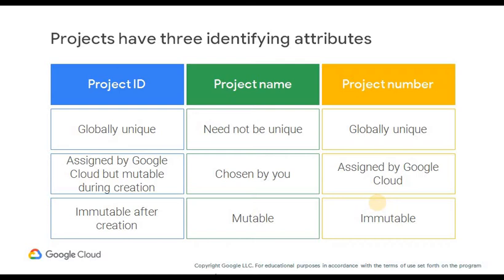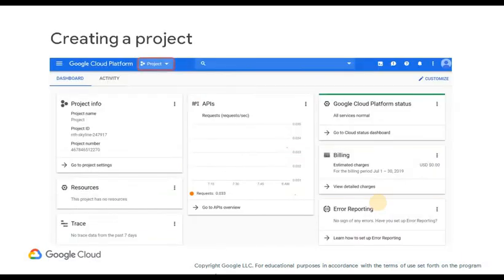In general, project IDs are made to be human readable strings, and you will use them frequently to refer to projects. On the other hand, project names are for your convenience, and you can change them. Note though, you cannot reuse the project name of a deleted project. Google Cloud also assigns each of your projects a unique project number, and you will see it displayed to you in various contexts, but using it is mostly outside the scope of this course. As you work with Google Cloud, you will use these identifiers in certain command lines and API calls.